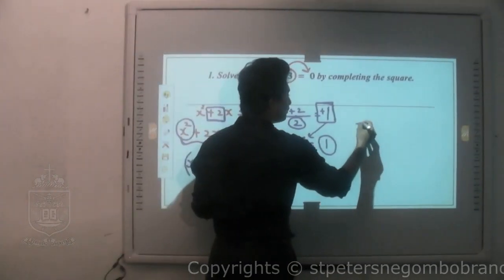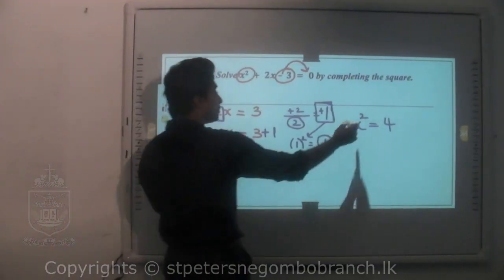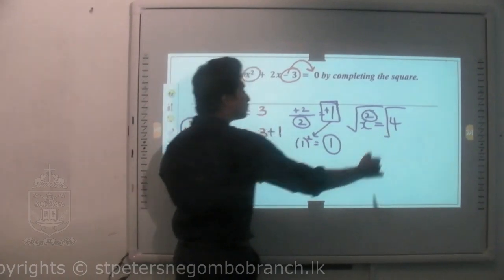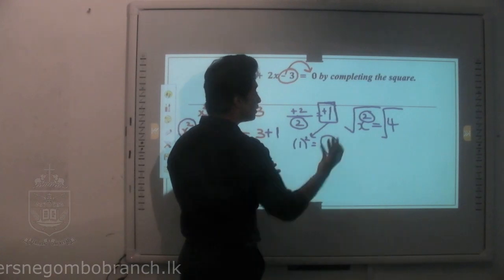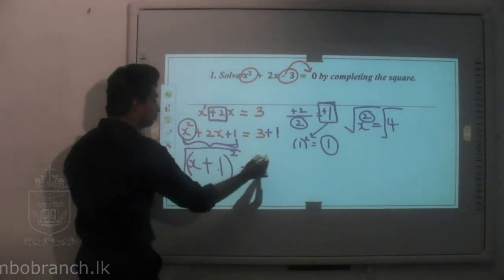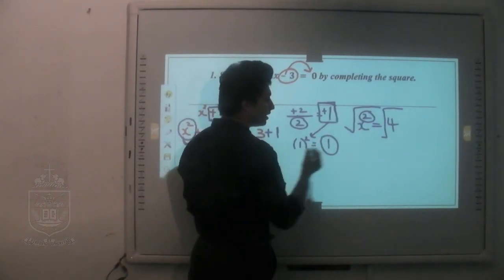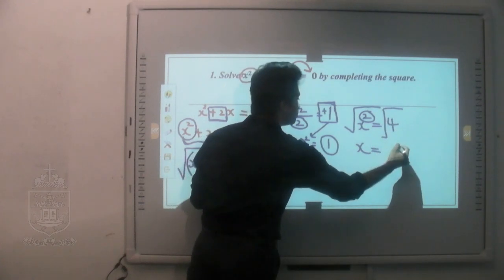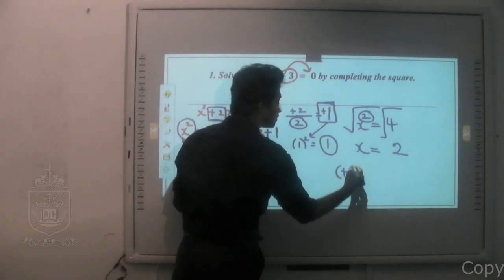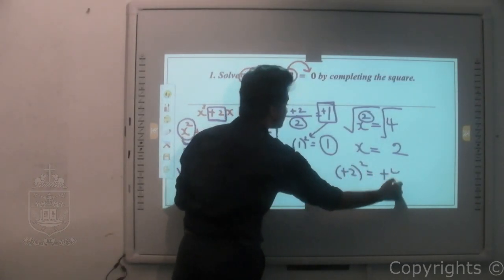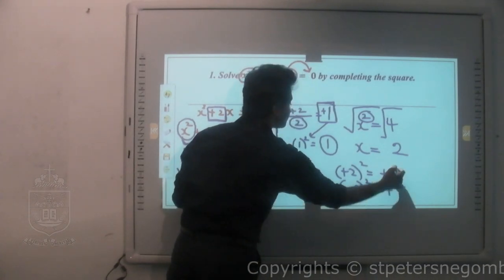Now consider this example. If you have x squared equals 4, to remove this square value, what we do is we take the square root from both the sides. That is what we usually do. So even in this question, we have to take the square root value of both the sides. Now if I take the square root value of this part, x will come outside. Now you know the value of root 4 is 2. But the thing is, if you square plus 2, still you will get the answer plus 4. If you square minus 2, still you will get the answer plus 4. There is no change.